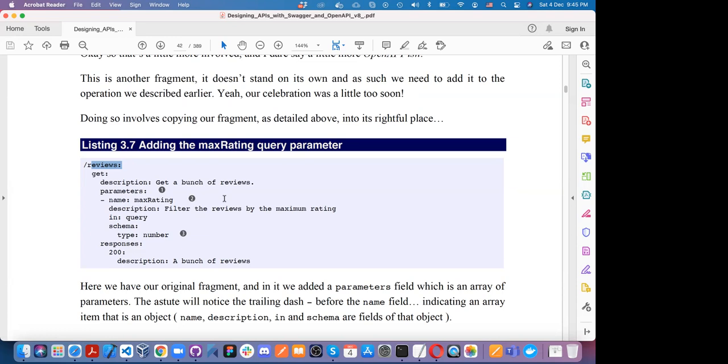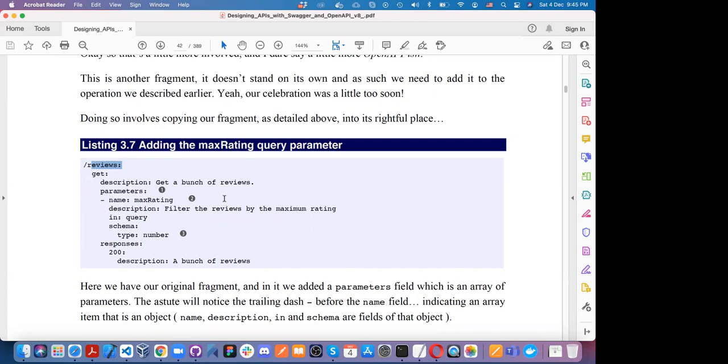Writing a YAML file might be some issue because there's a need for a lot of indentation and special things. But reading is very easy. For example, just by reviewing listing 3.7 reviews, I can easily see that I will use the website name, and after the website name, I will use /reviews.